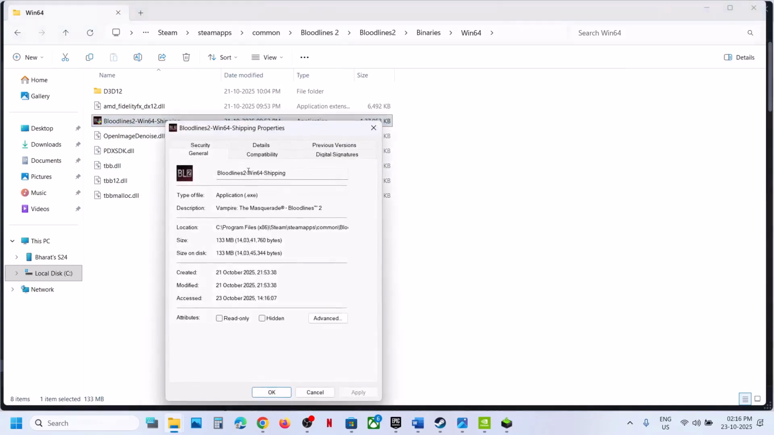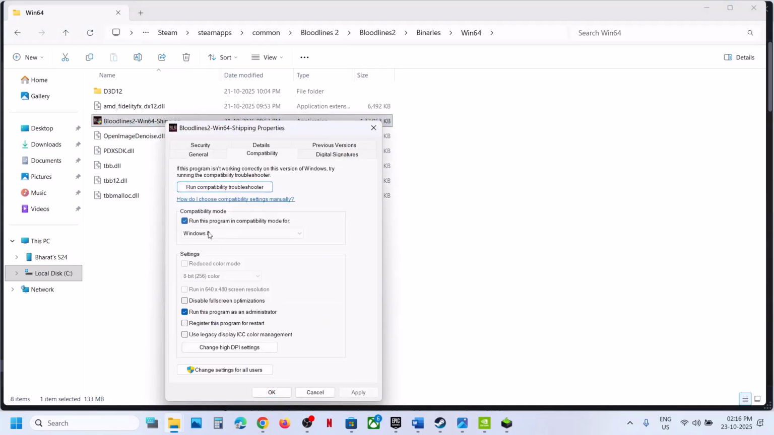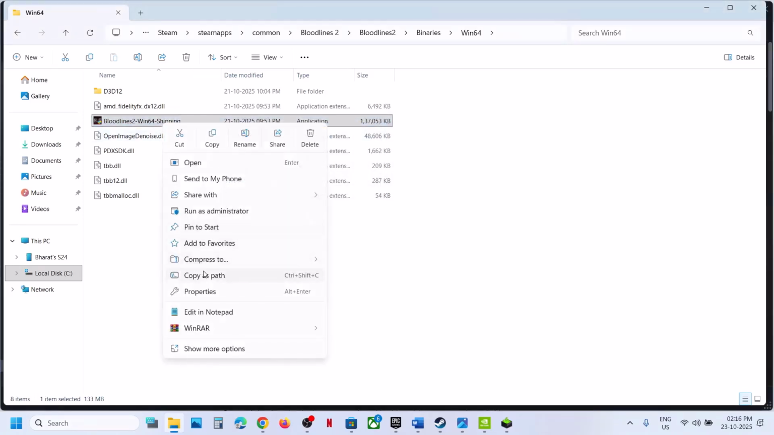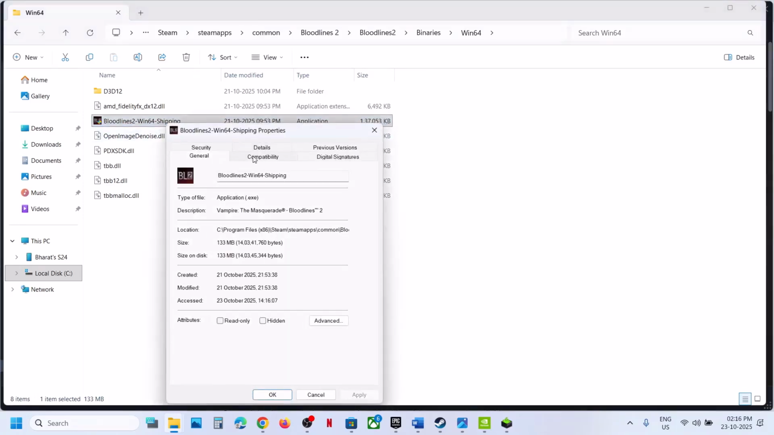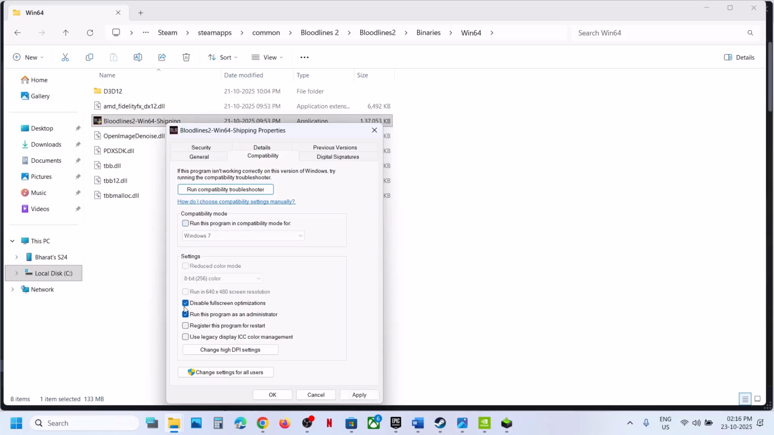Still not working, go to properties. This time you can put a check over here, select Windows 8, hit apply, click on OK, launch the game. Still not working, you can even try Windows 7 over here, hit apply, click on OK, launch the game. Try disable fullscreen optimization, hit apply, click on OK, launch the game, and then check. Still not working. In that case, you can uncheck these two boxes over here, hit apply, click on OK,